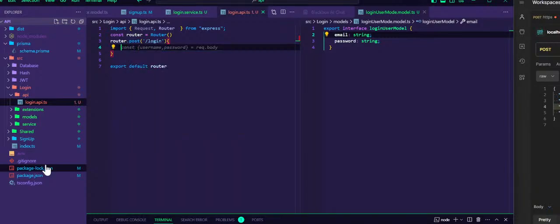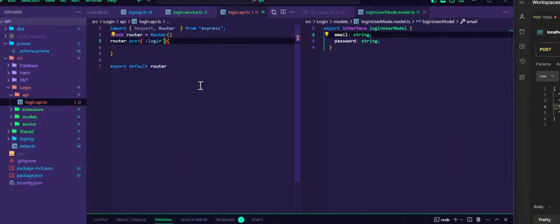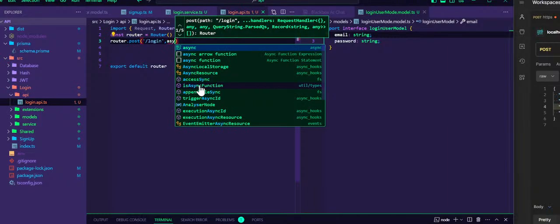Yep, now we need to create a body validation. I just made a simple one, and I will go over that in a sec, but this is not supposed to be like that. Apologies. So this is async